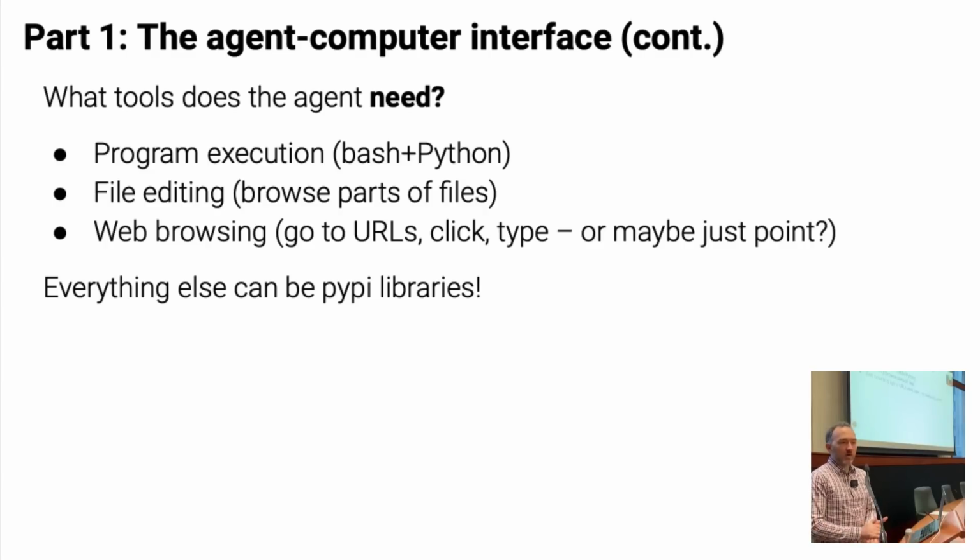And then a final one is web browsing. Web browsing, I'm kind of cheating when I call it only 1 tool. You actually have scroll and text input and click and other stuff like that. But these are basically the only things we allow the agent to do.